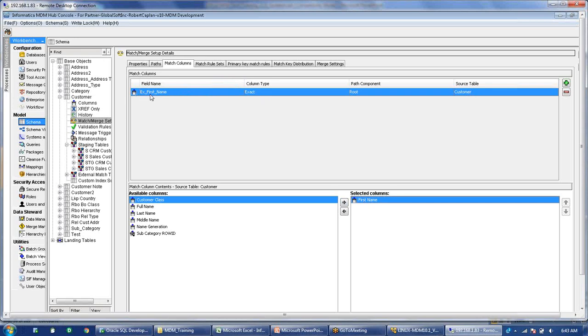For example, I have given here ex_first_name. While creating the name, I have given it in small letters. Now I want F to be in capital letters or N to be in capital letters, the first in an inverted case. In that case, it doesn't allow me to change the field name. So if we have to follow some convention and we have not followed it, we can delete this and recreate it again.